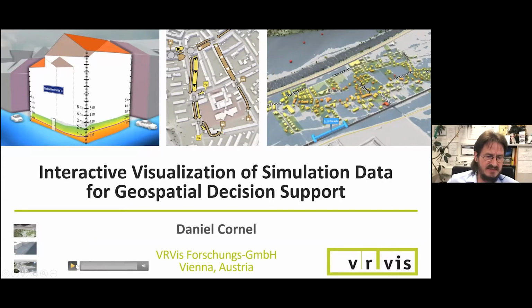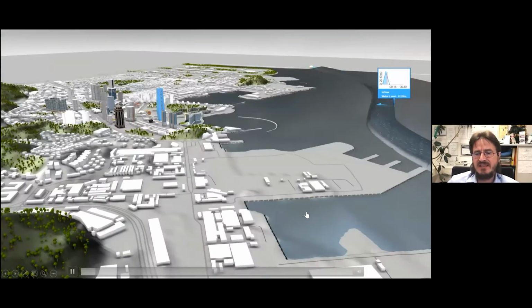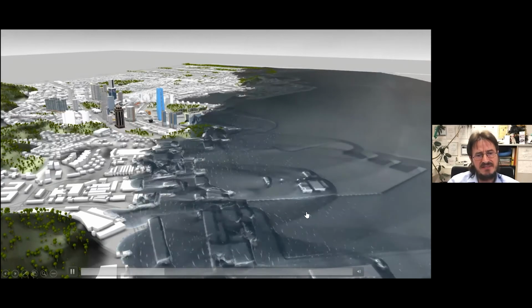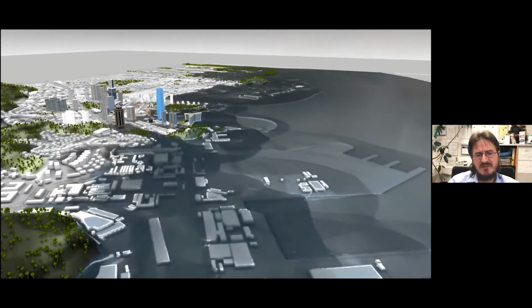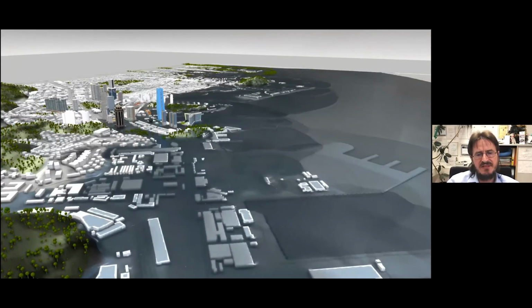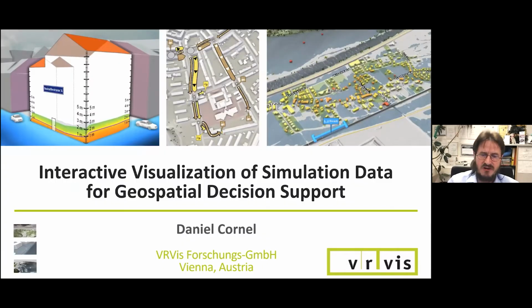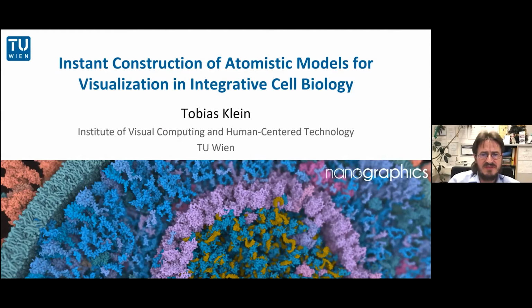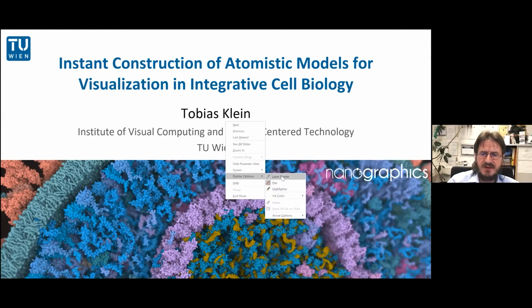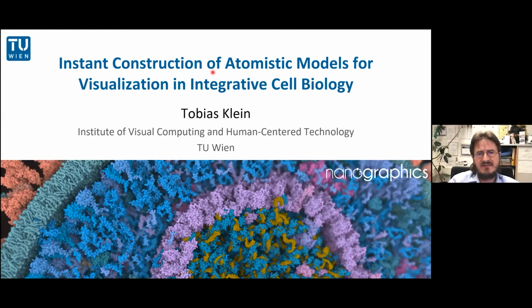And the last example is, again, a large-scale flooding simulation. This has been the PhD thesis of Daniel that kept him busy for 4 to 5 years. The next example is from our group directly, where Tobias Klein has been working on construction of atomistic models in